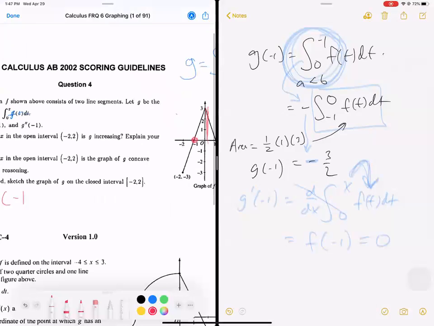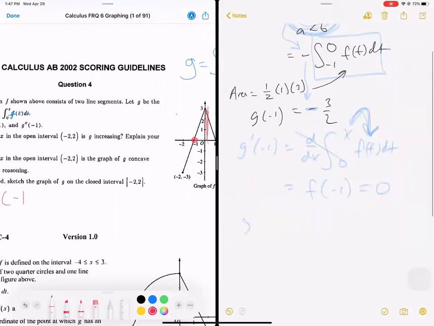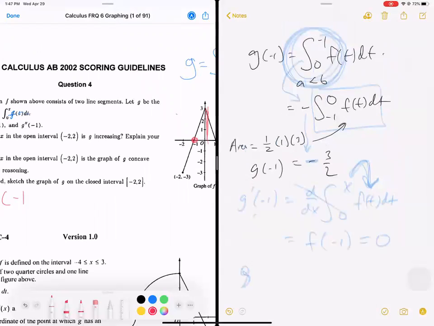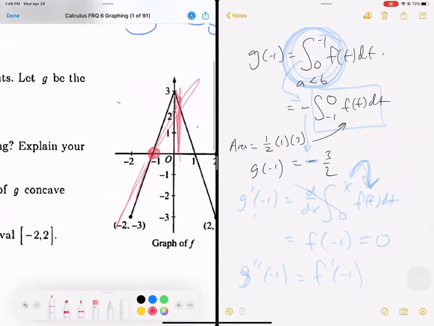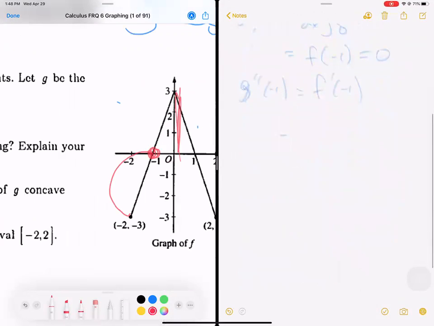Our next question is, what's the second derivative? So after I find the first derivative, what is the second derivative? Well, we just find the derivative of the function at -1. And the derivative is another way of saying the slope. So what is the slope of the graph at -1? We can find the slope by rise over run. The rise is from -3 to 0, negative 3